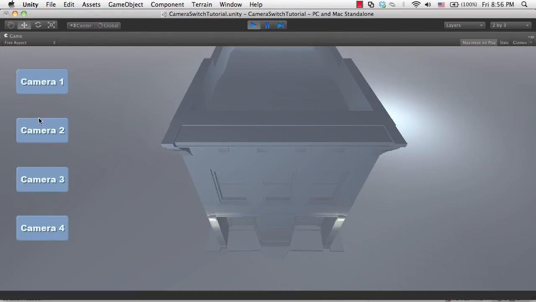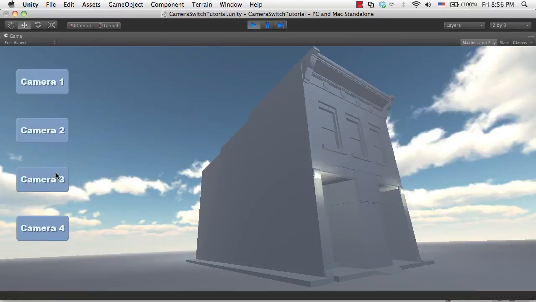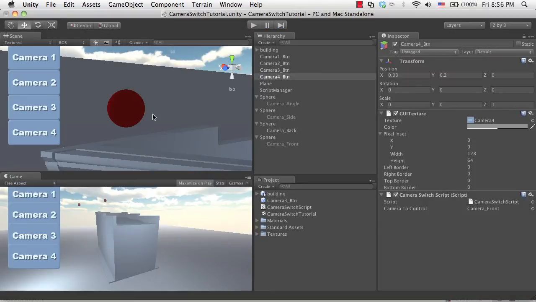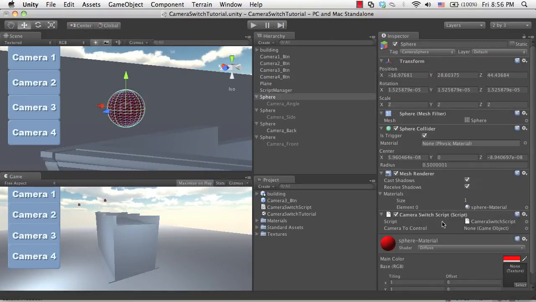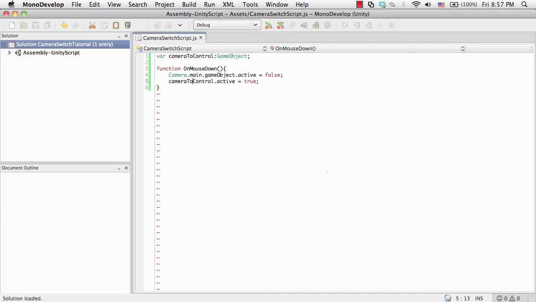And actually, we can very easily make this work for the spheres as well, by pretty much using the same exact thing, switching in the camera here. But for all of these spheres, imagine that you don't have any of these buttons, and you're using something like this, where you have only spheres with cameras attached to them. Then it would be sort of a hassle to keep having to select a sphere, drag its child into there. So what we can do is we can say in this function,